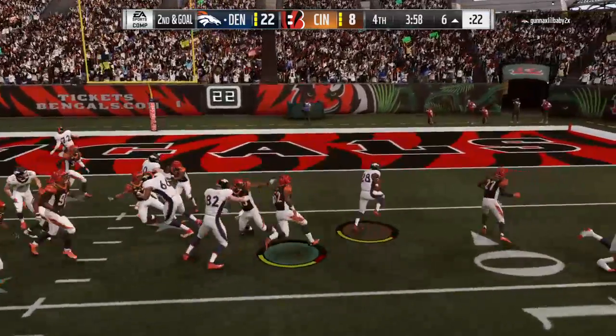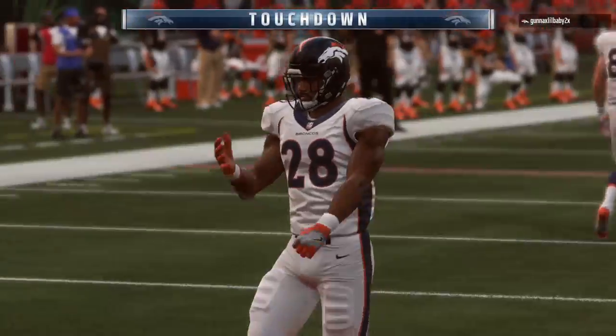He's going to get it running right. And he is into the end zone for a